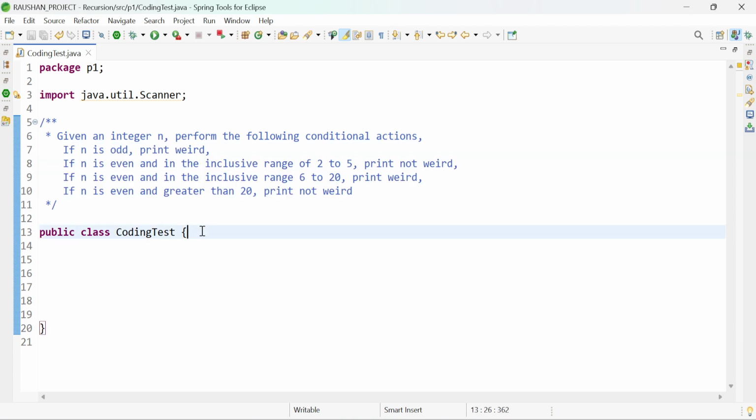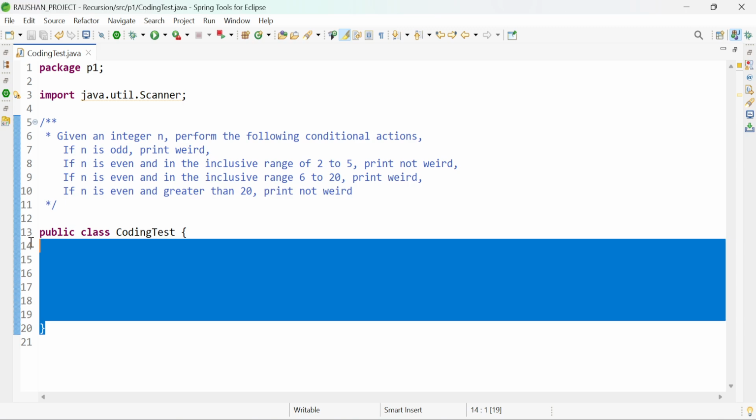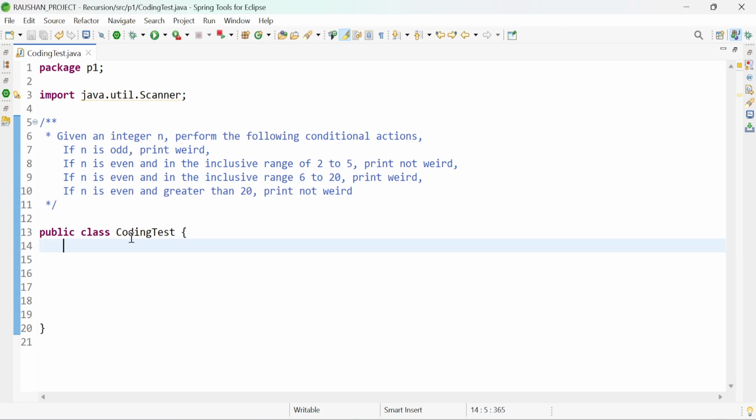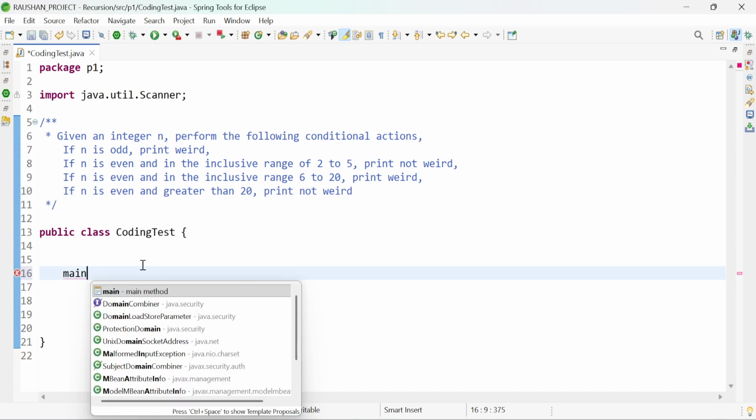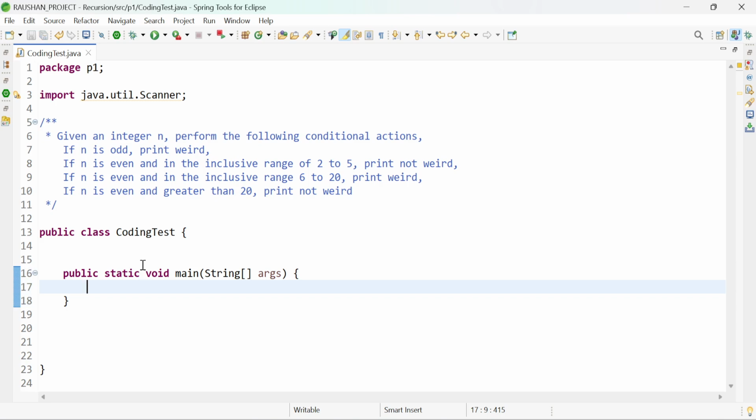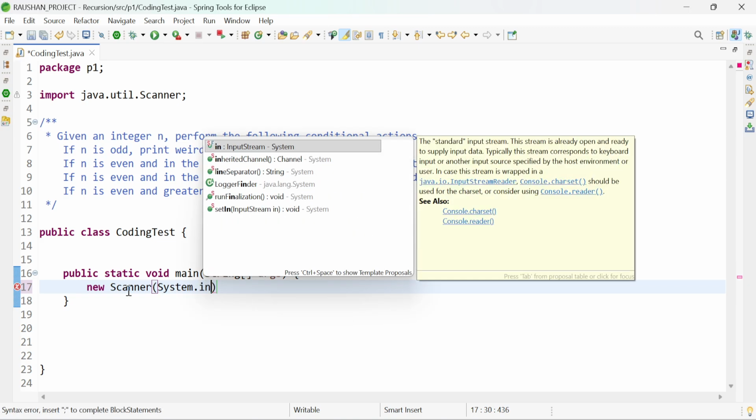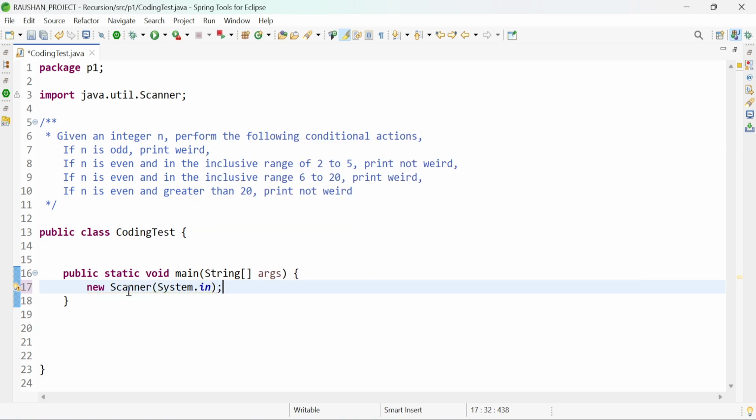First of all, we have to check these four conditions by using what? A Java program. So I have a Java class. This class name is CodingTest. Inside this class I have to create one main method, because every Java program starts from the main method. It is the starting point. So first of all we have to create one object. Which class object? Scanner class object. So I'm going to create one Scanner class object